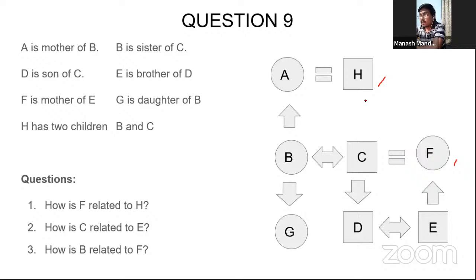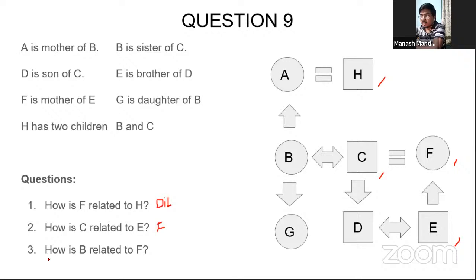So F is basically the daughter-in-law of H. Okay. The second one is A. How is she related to E? So this is C and this is E. So C is the father of